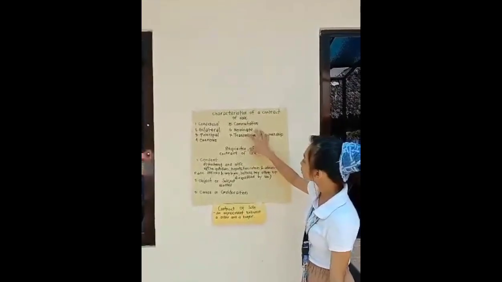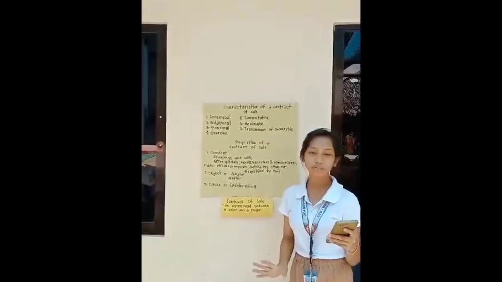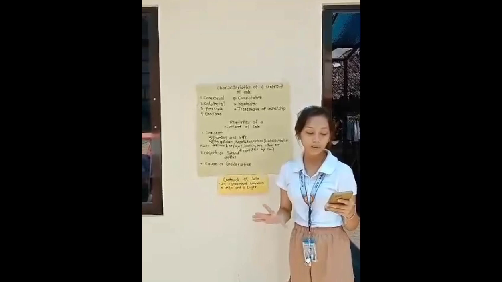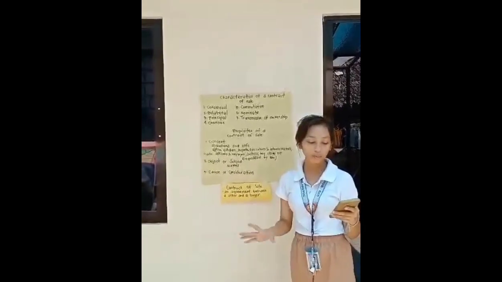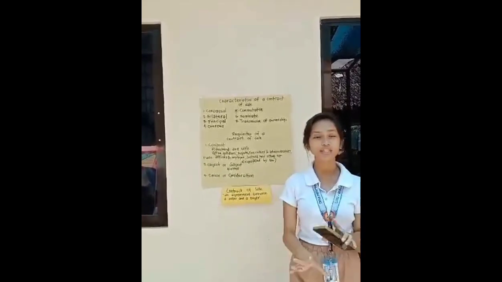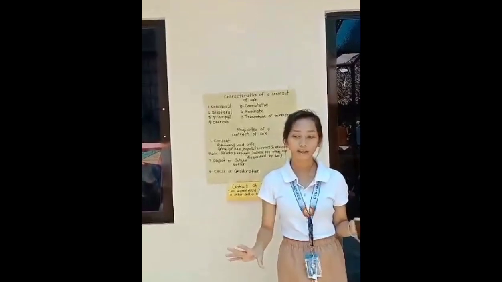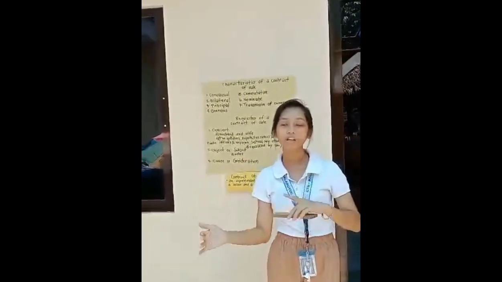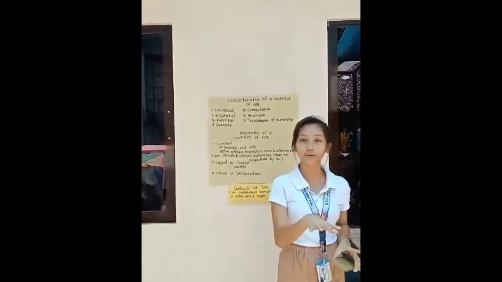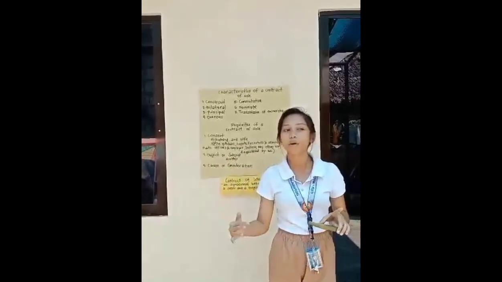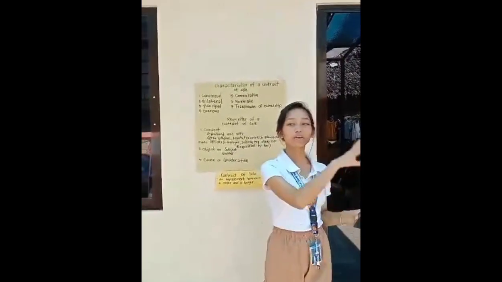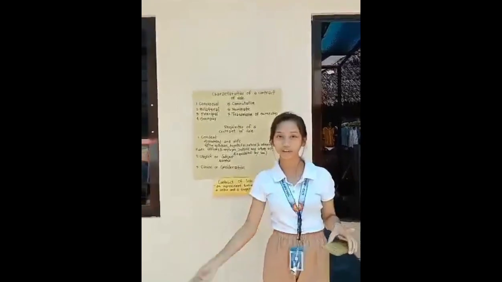The fifth is commutative contract. So a commutative contract is one in which the contracting parties give and receive an equivalent or reciprocal value. In other words, the contracting parties give and take something of equal value. Like for example, in an agreement, the value or item they receive is the same or of equivalent value. For example, a ring. Party A gives a ring. Then whatever the cost of that ring is, party A gives the same value to party B.